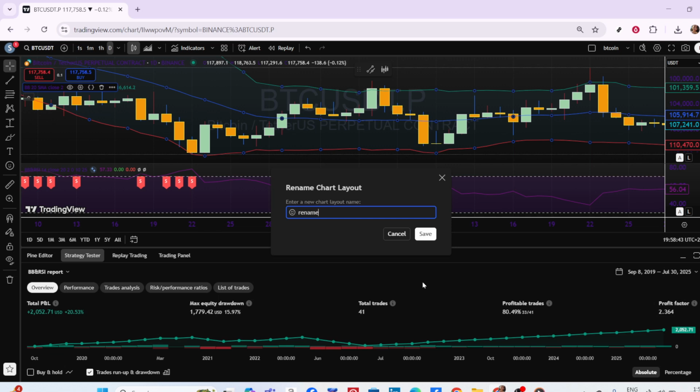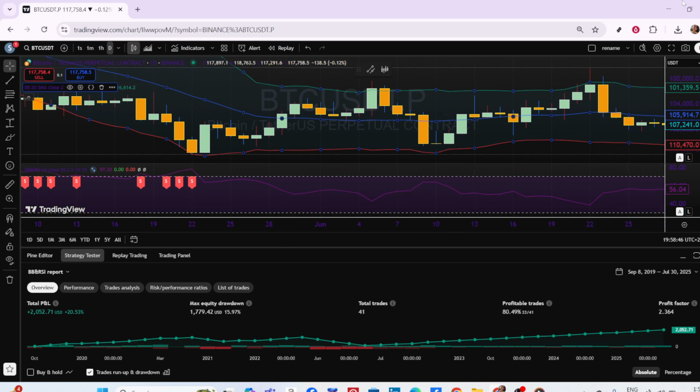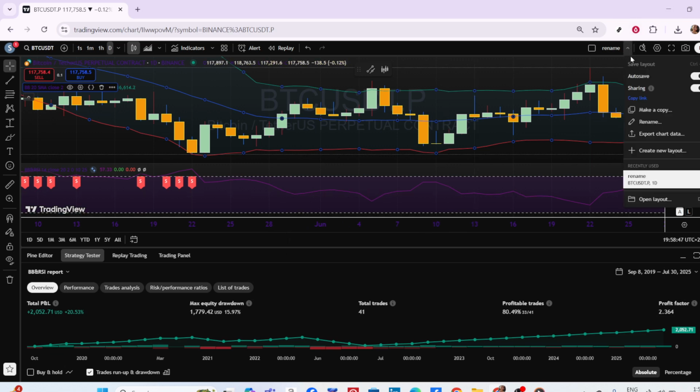Now, it's time to type your new layout name. Whether it's naming it after a specific trading strategy, a particular asset, or any identifier that makes it easier for you to remember, this is your space to customize. Naming your charts accurately is not just for aesthetic purposes, but also ensures that you streamline your trading process. Think of it this way: you wouldn't want to enter a trade based on the wrong layout because they were insufficiently labeled, right? Finally, once you're content with the new name, the last thing you need to do is click